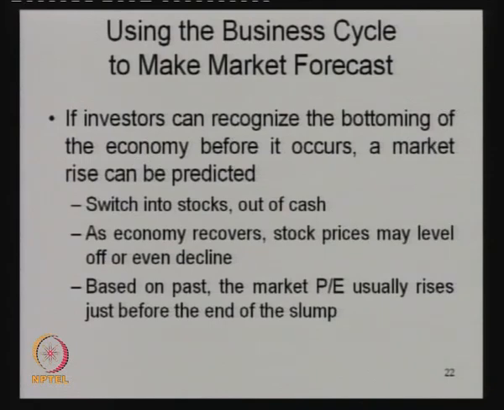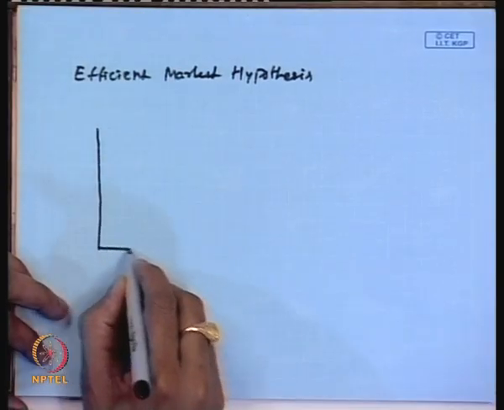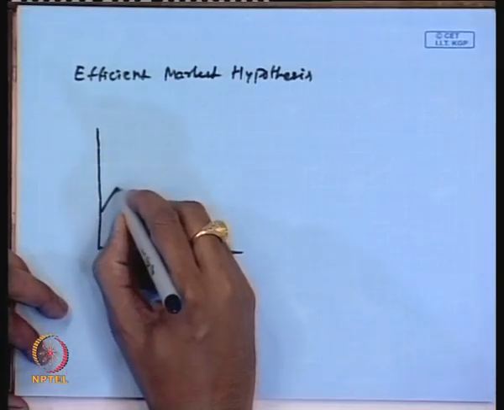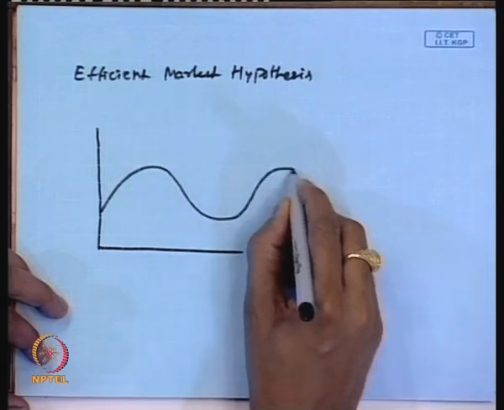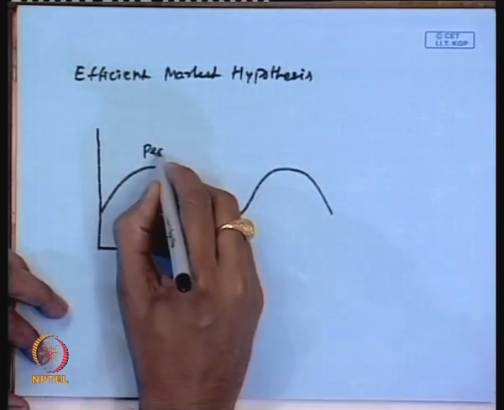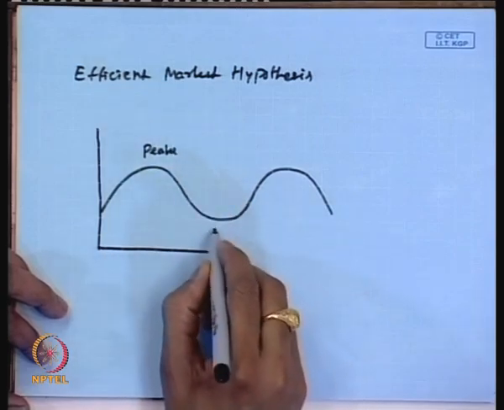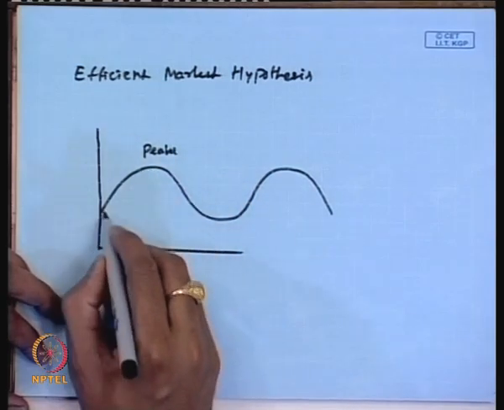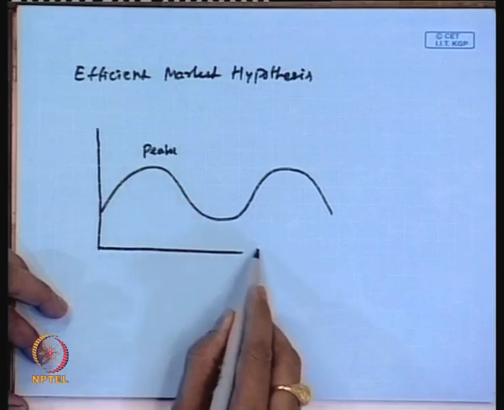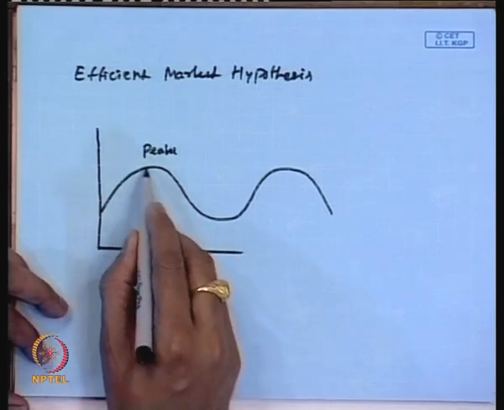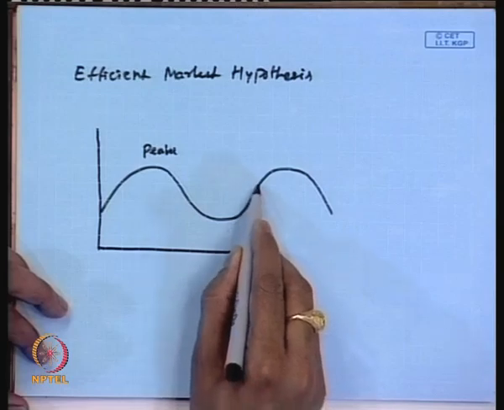So, as we discussed in the previous slides, the investors can recognize the bottoming of the market economy. That means there is going to be a flat, and so one can predict. So, let us say we have an economic cycle like this, where you have got a peak, then there is a fall, a recessionary condition. Obviously, we cannot expect it to decline less; there is going to be a decline after a peak,